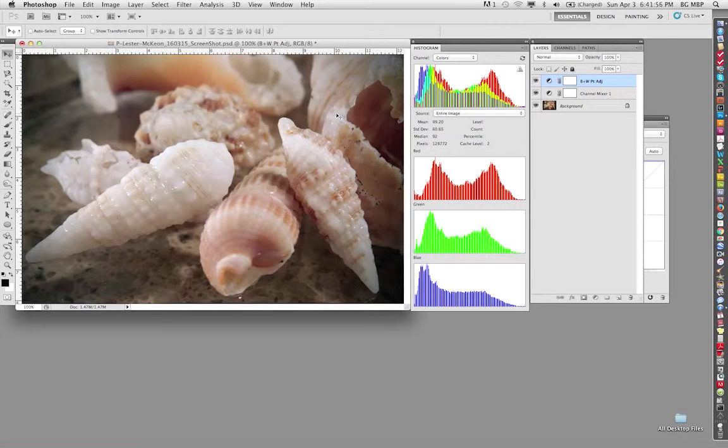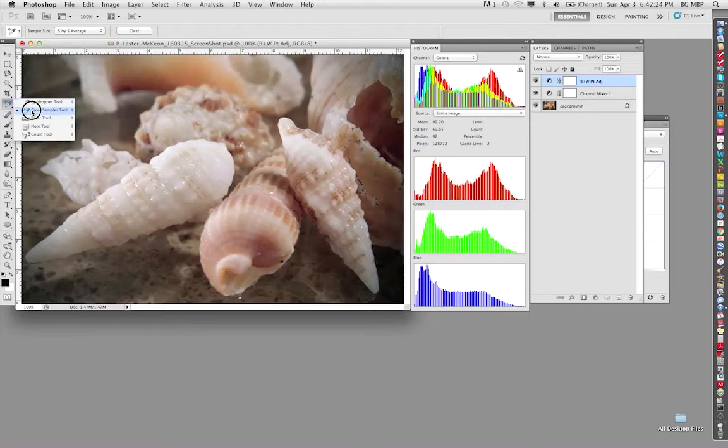We've got a nice neutral white point, a neutral black point, and all that. But we've lost some of the character of this image that we had originally. Even though it had a strong red cast, we probably want to keep a little bit of that feel, simply because these shells typically, at least in my experience, when you see them at the ocean and whatnot, they're rarely a white like that. They're usually a little bit of a cream color, and so we need to try to account for